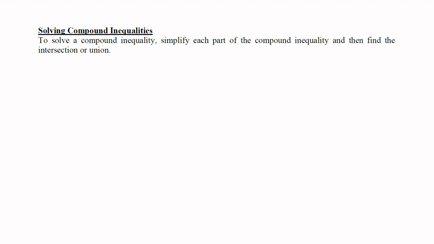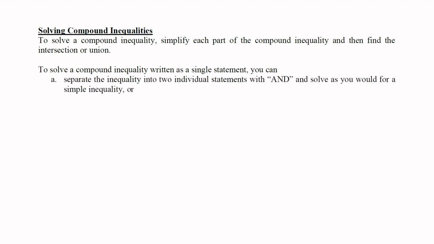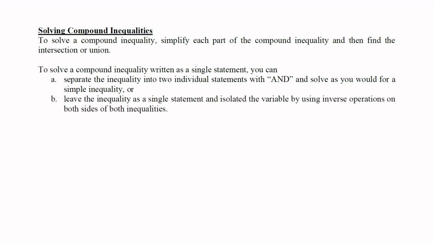To solve a compound inequality, simplify each part of the compound inequality and then find the intersection or union. To solve a compound inequality written as a single statement, you can separate the inequality into two individual statements with "and" and solve as you would for a simple inequality, or you can leave the inequality as a single statement and isolate the variable by using inverse operations on both sides of both